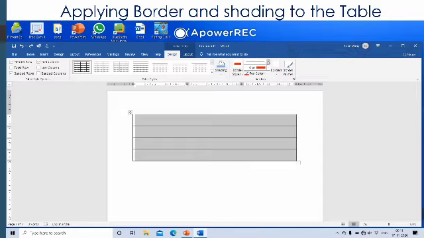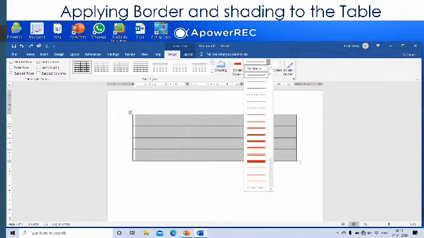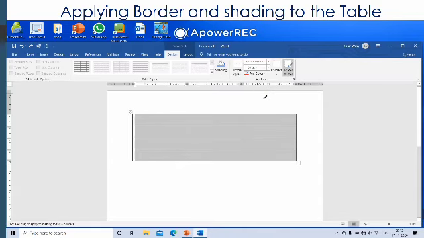So first one is line style. You can choose which type of line you want. And then with pen, click on the lines. And then the lines will change into that line style.